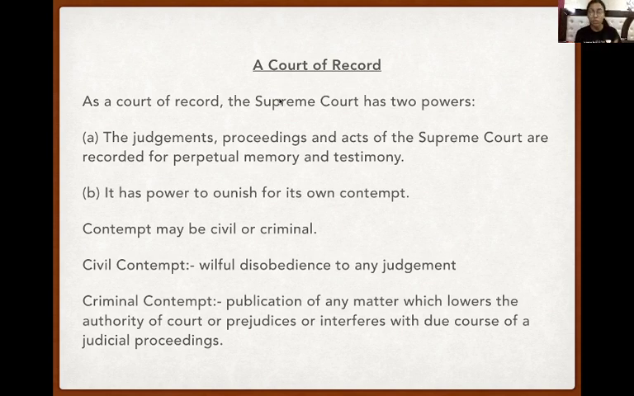So Supreme Court is also known as a court of record. So as a court of record, Supreme Court has powers too. अब as a court of record हमने बोल दिया सुप्रीम कोर्ट को, इसका मतलब क्या हुआ? मतलब अगर सुप्रीम कोर्ट कोर्ट ऑफ रिकॉर्ड है तो इस चीज के अंडर उसके पास क्या क्या पावर्स आ जाती हैं? So first of all, the judgments, proceedings and acts of the Supreme Courts are recorded for perpetual memory and testimony. तो जितने भी सुप्रीम कोर्ट के जजमेंट्स और प्रोसीडिंग्स होते हैं उनको रिकॉर्ड किया जाता है फॉर परपेचुअल मेमोरी,